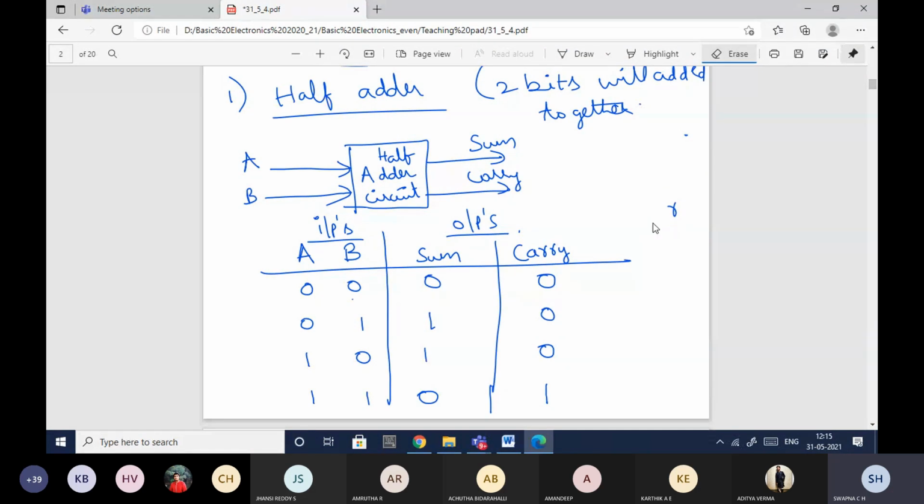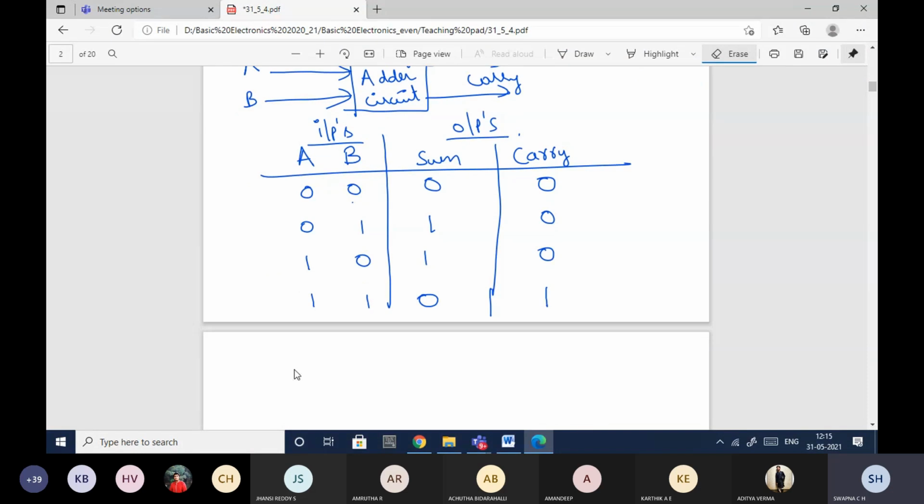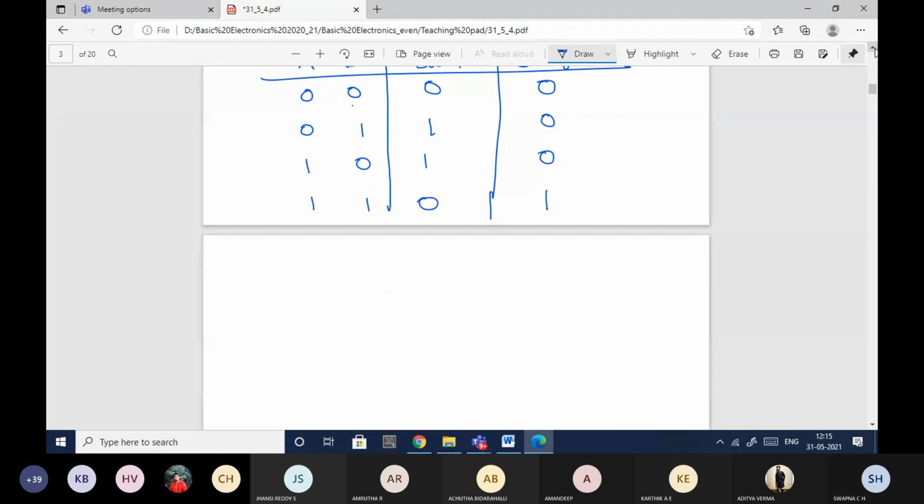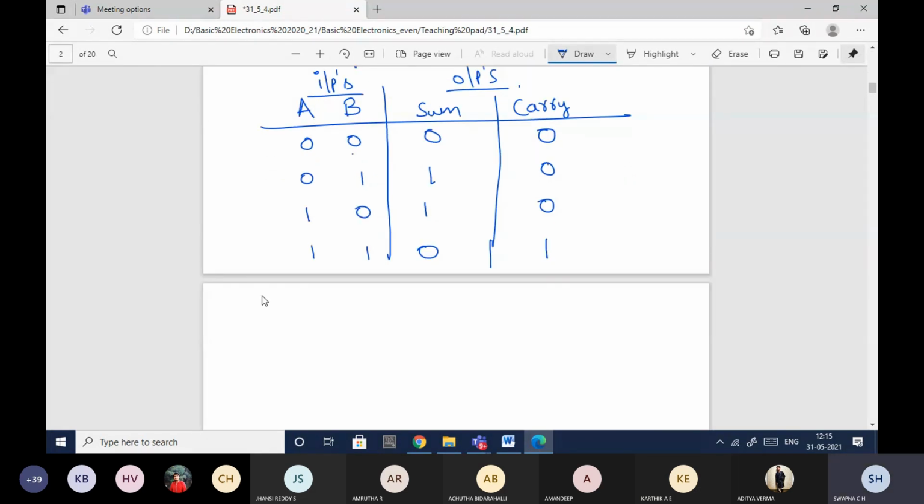As I've already mentioned, combinational circuits are made up of gates. So now I need to implement this half adder. What should be taken to implement the circuit? Gates. You need to take the gates and implement it. For that, you need to get the equation for the outputs.